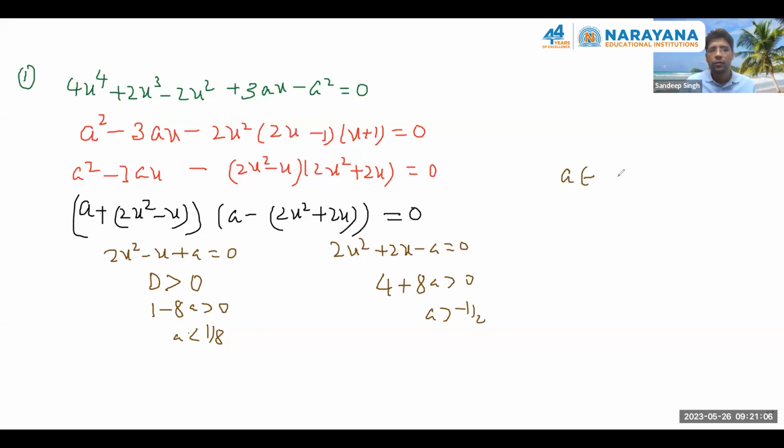So what is the range of values? From minus half to 1 by 8. I think greater than or equal to will also do, no issues here. So in fact, equality I should keep. So minus 1 by 2 to 1 by 8, closed interval. Is that understood? Sometimes when you see a parameter